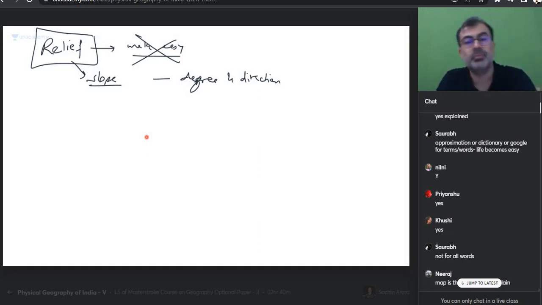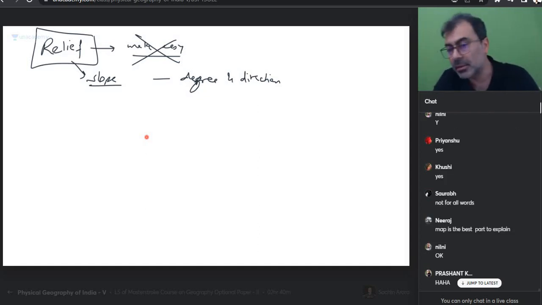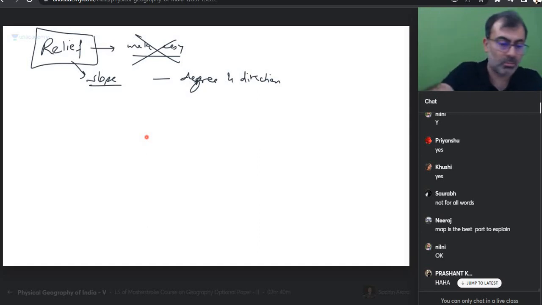So please write down relief of peninsula. Relief of peninsula. Everyone who's understanding, you write down. The others who don't understand, thinking how will I do this, he's telling us slope, so brother, you can try sociology. You can try sociology too, no problem. Please write down the peninsular block. The peninsular block